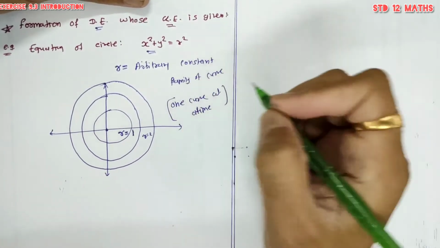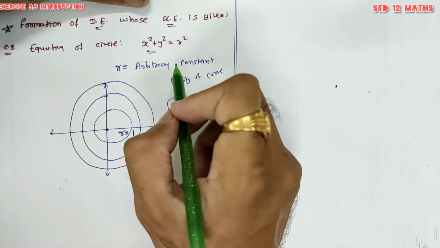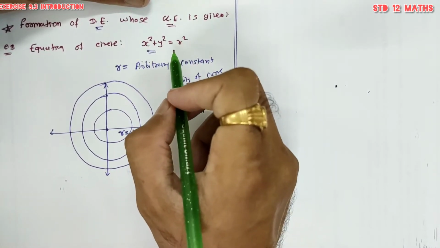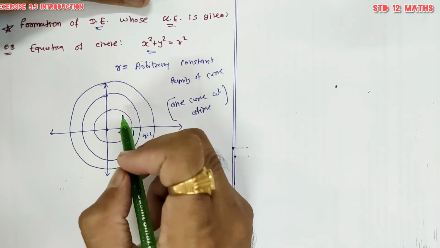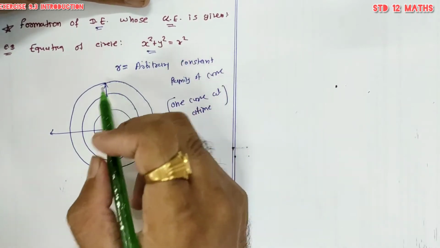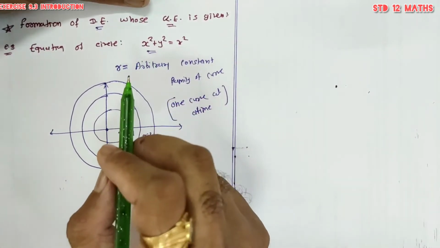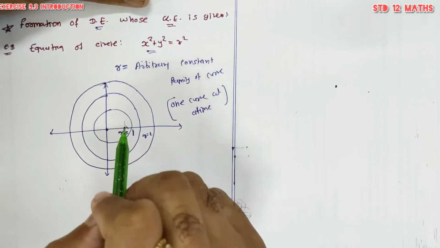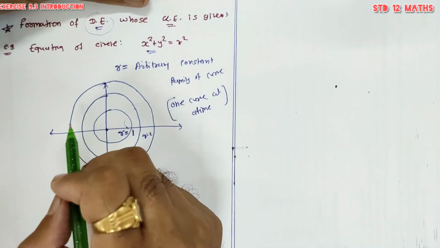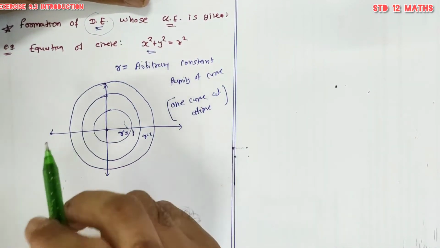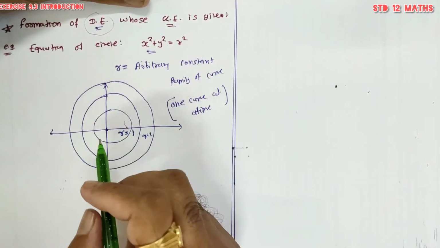It represents only one curve at a time, x square plus y square equal to r square. This is the equation of family of curve, but at an instant you have to put the value of radius r. So if you are taking r is equal to 1, it will represent only one circle. If you take r equal to 2, it will represent another circle. So this type of general equation will represent only one curve at a time. And now we require to find the equation of this curve which represents all the circles at a time. In one equation it should represent all the circles.